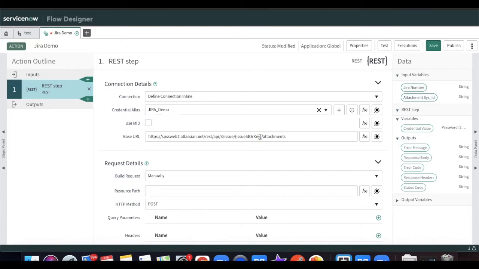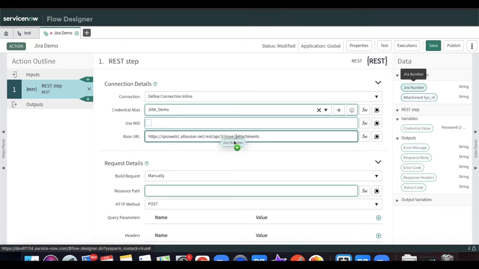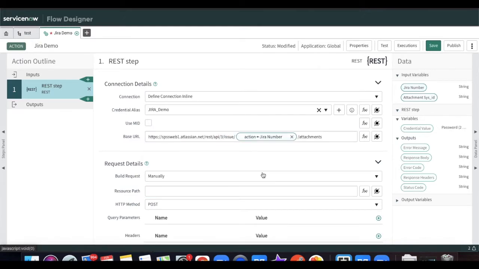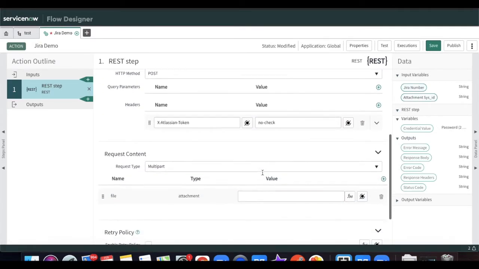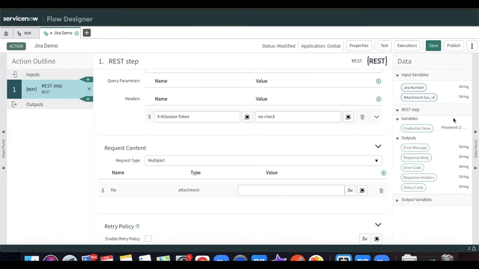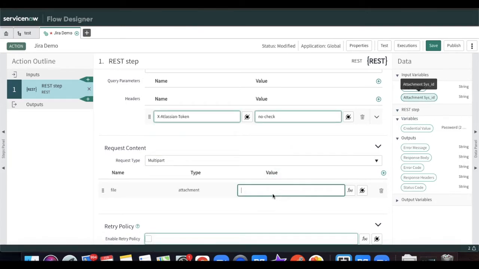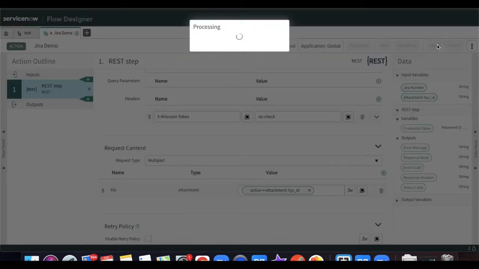The issue key is nothing but the Jira number, which we should be able to use here. And then in this value we are going to pass this attachment sysid and save that. So our action is ready. We should be able to send one attachment to Jira. Let's try.